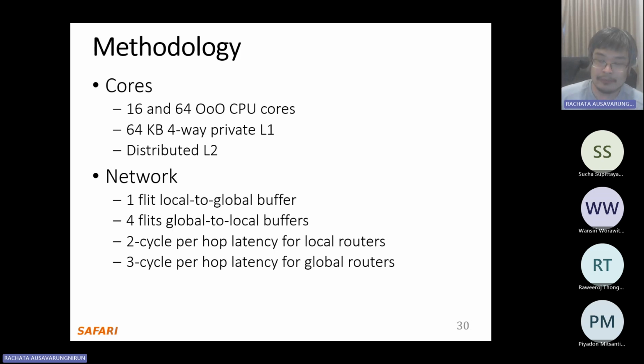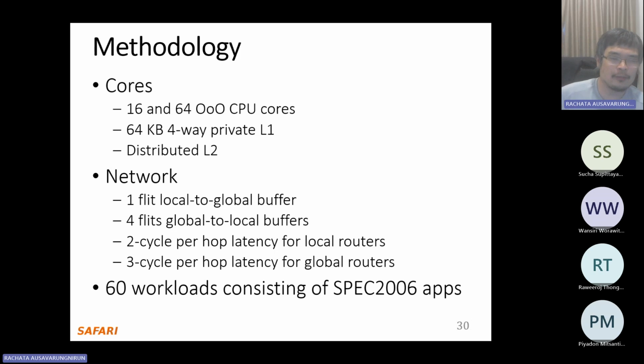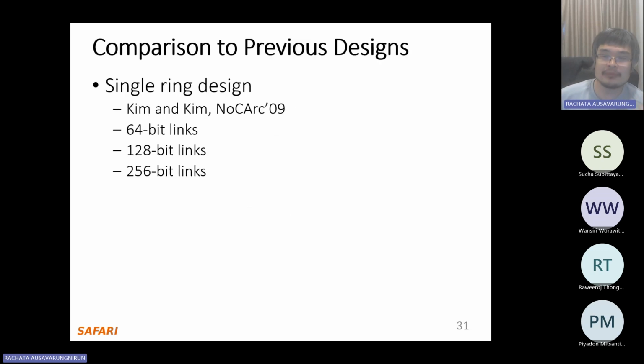On the global router is a ring with buffer, so it's more complicated. It needs 3 cycles. We run SPEC 2006. We've got to be fair, that was a paper in 2014, so it was old. This at the time was a new benchmark. So we run 60 workloads on SPEC 2006 applications, comparing to a bunch of other designs, including flat